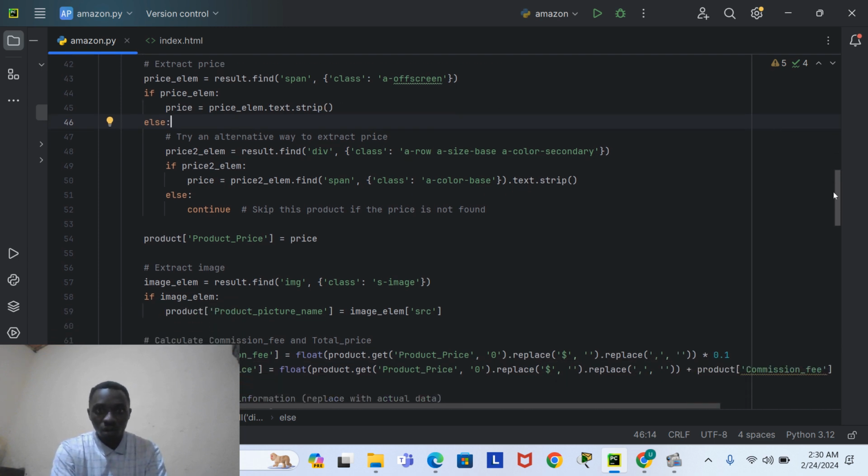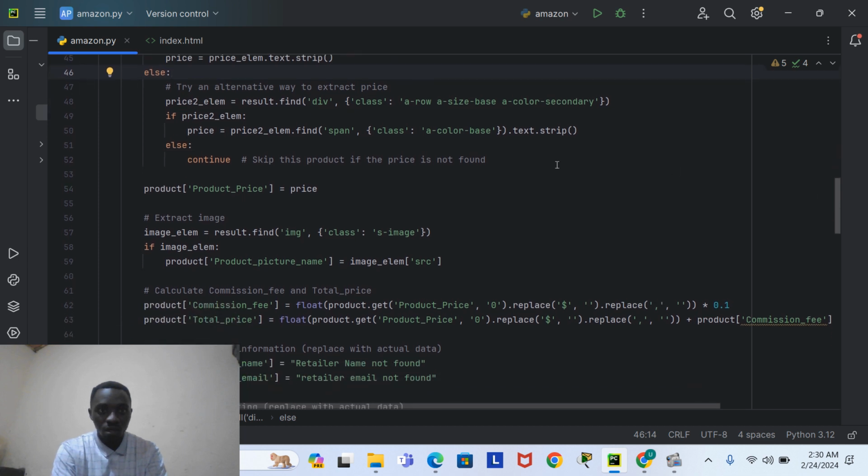So let me continue. As you know, when the condition is true, it brings the answer that you want to bring. If it is false, it will continue or skip according to what you want to print. So here we have